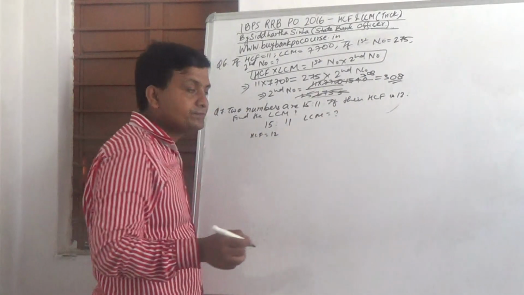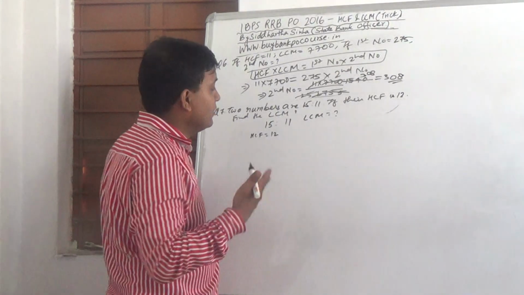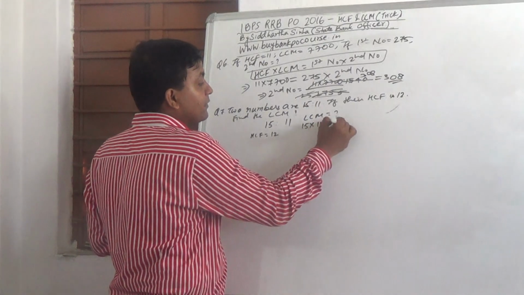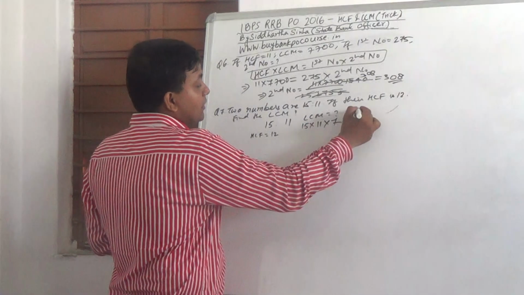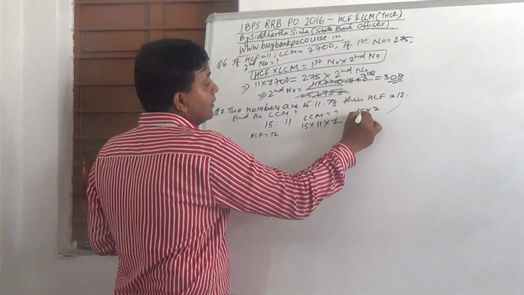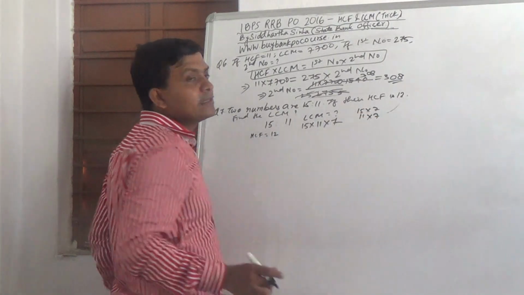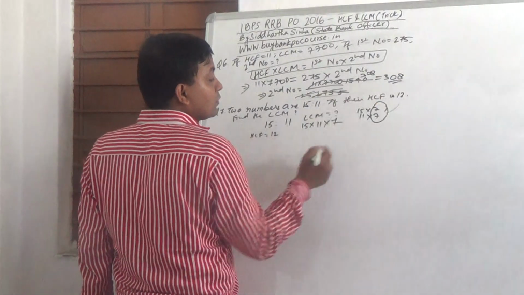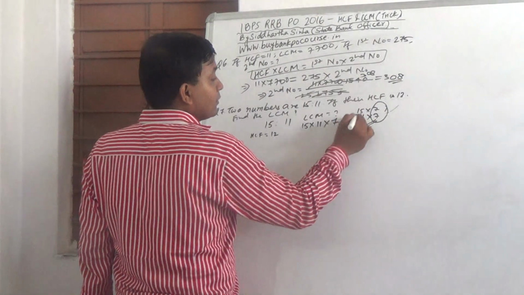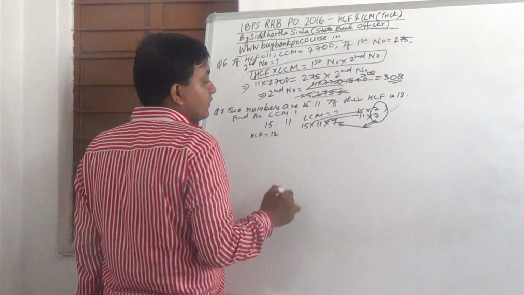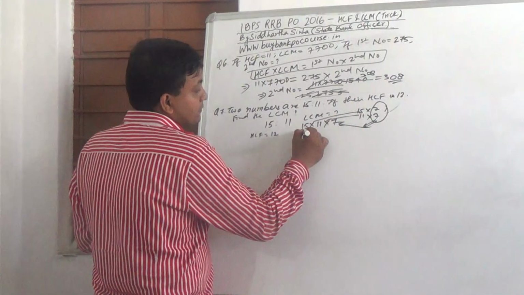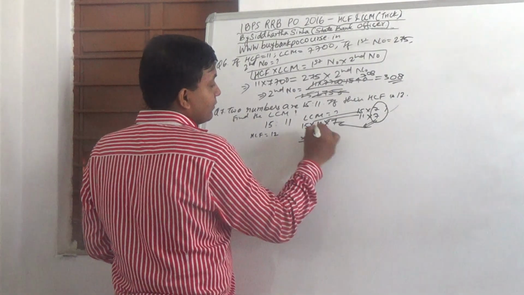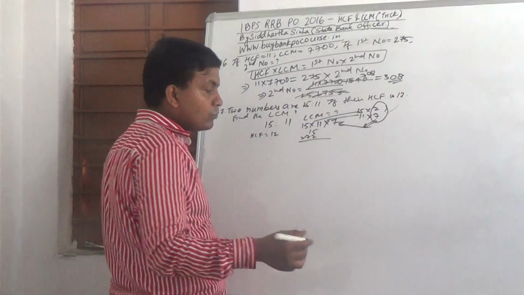How will you find it? It's very easy. Basically, the numbers are 15 multiplied by 7 and 11 multiplied by 7. The HCF is the common factor, right? So it multiplies with both. We have taken the 7 common here, 15 on one side and 11 on the other. Now just multiply it. So 15 into 77.